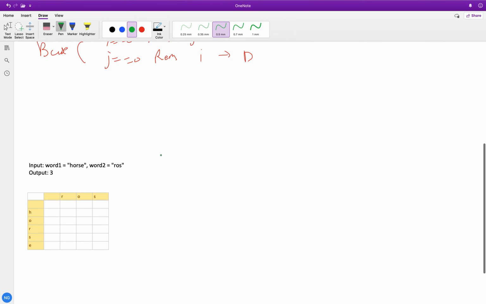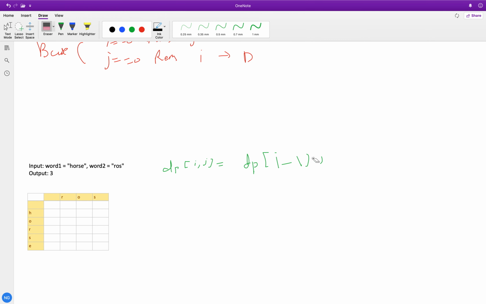So the relation is dp of i comma j is equal to dp of i minus 1 comma j minus 1 if word 1 char at i equals word 2 char at j. So this is the first recurrence.